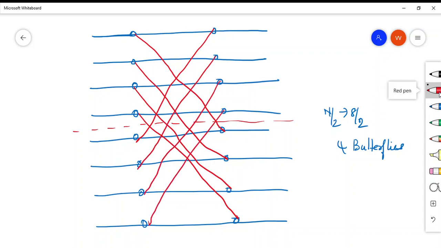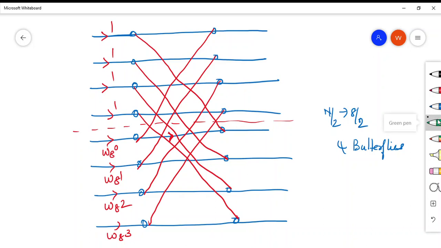Okay. Now all the rest is just like your 2 point and 4 point. This will be 1. Last 4 will be having weight equal to twiddle factor. So it will be W80, W81, W82, W83. And the last branch of each butterfly, so this is the first butterfly, here this is the last branch. This is another branch. So this is having weight minus 1. This is having weight minus 1. This is having weight minus 1. This is having weight minus 1.